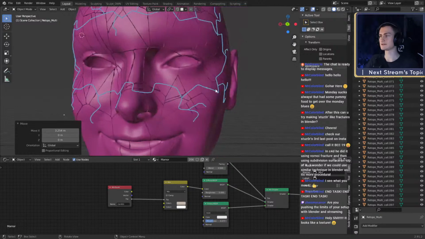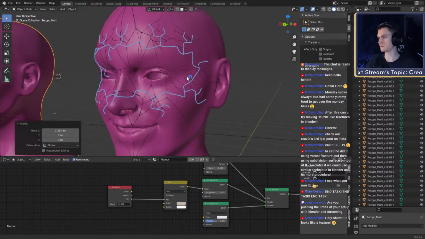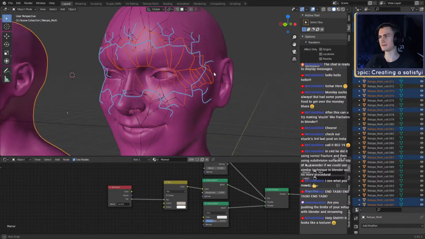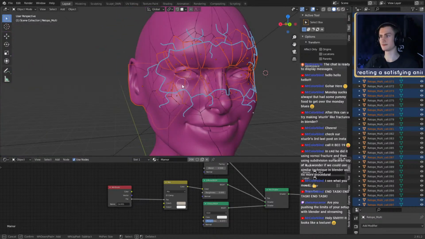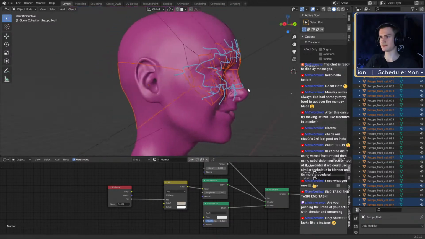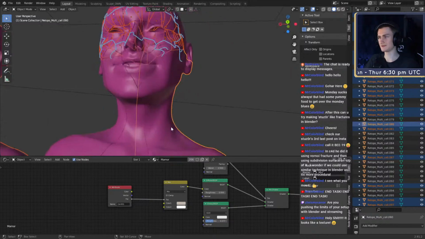So let's see if we then go in here and select a few of these pieces, like that, on this side as well. Go in here, a few more. Okay, we can then just pull them forward. Let's remove this one. Nope, remove this one as well.